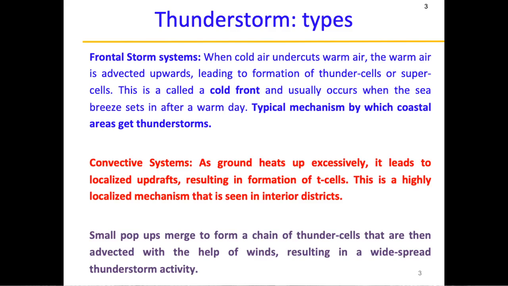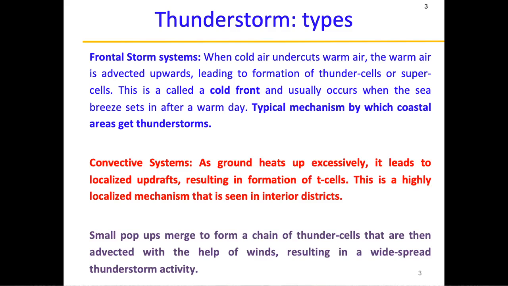Then you have something known as a convective system or convective storm. This basically happens because the ground heats excessively, and that leads to a localized updraft, resulting in the formation of thunder cells. And this is a highly localized mechanism because you have the strong updraft because of the heating at the ground, and the moisture is going to come in from the ocean. So the winds have to penetrate all the way to the interior districts,